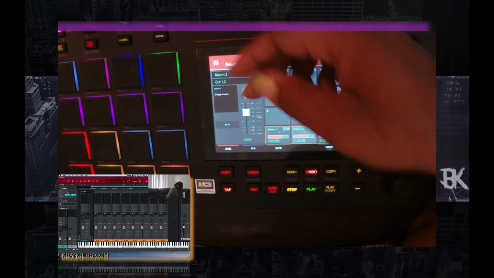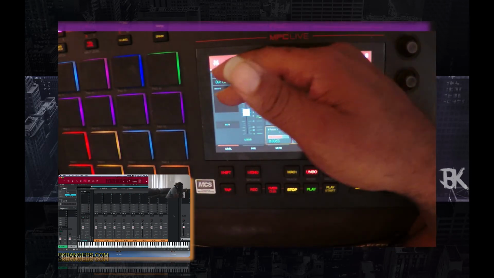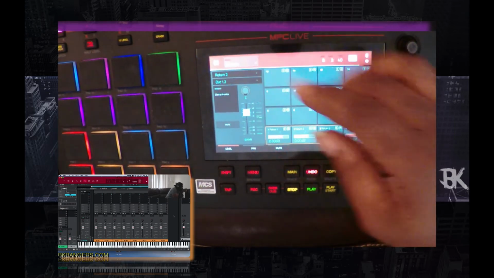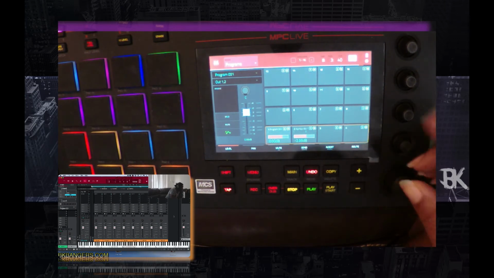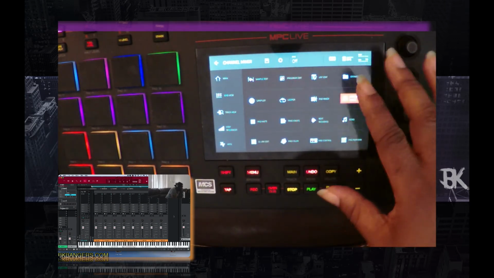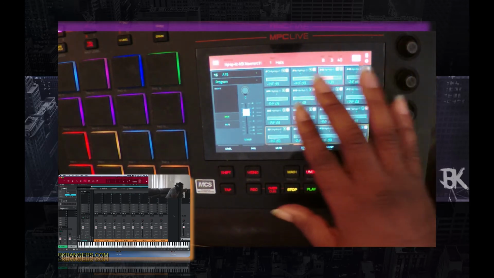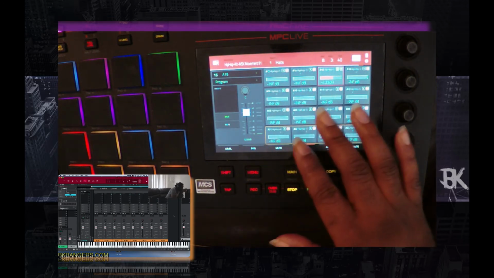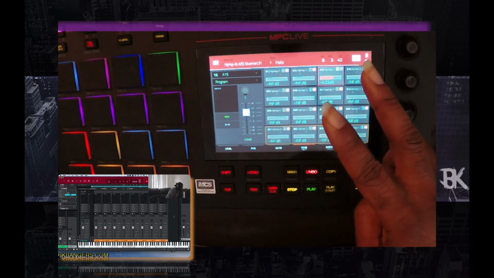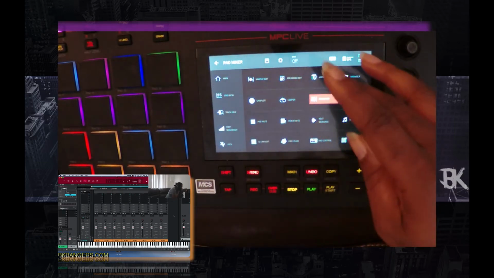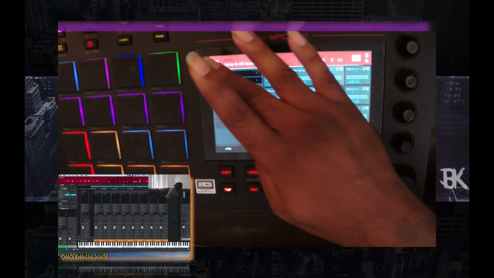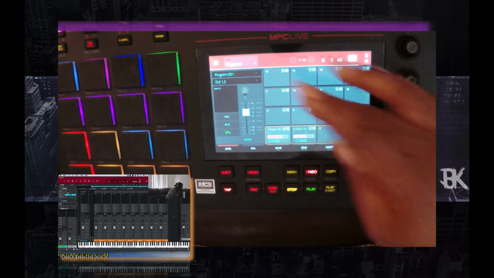So once you have your effects on your returns, you could then go back to your programs so you know where you're at. You go back to Pad Mixer and you could route each individual pad to those two returns, right? And, well, let me take that off the solo for a minute. And it's also the same with